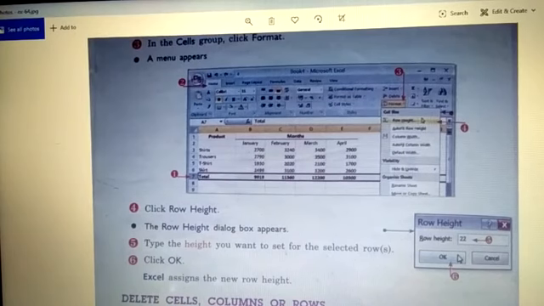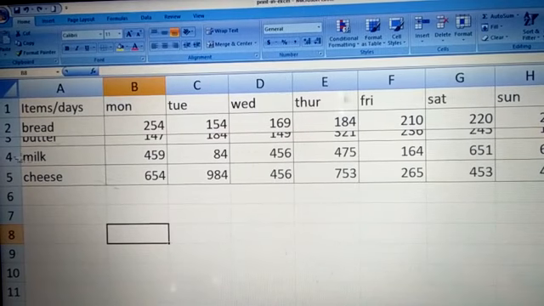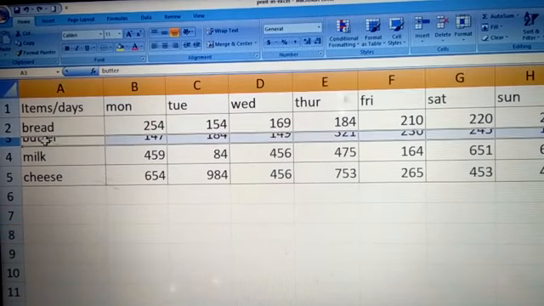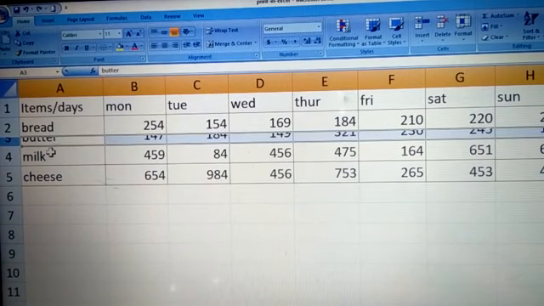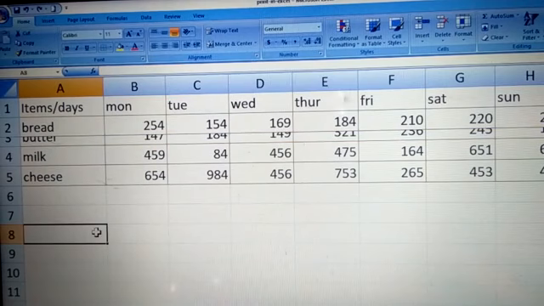So let's do that also. Children, you can see the third row's height is decreased, right? We have to increase the height of this row. So for that, we have to select this row. We will go to the row head and select this row.